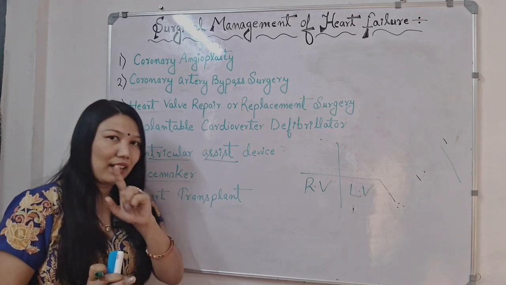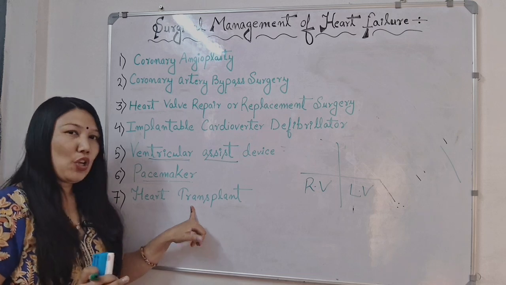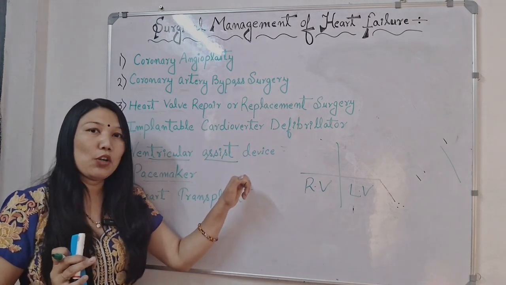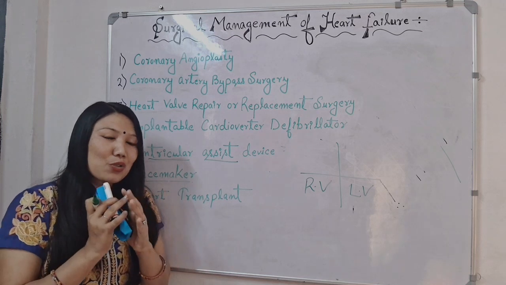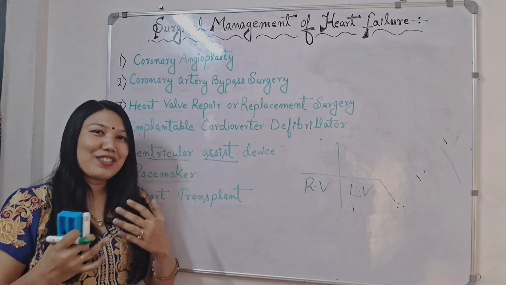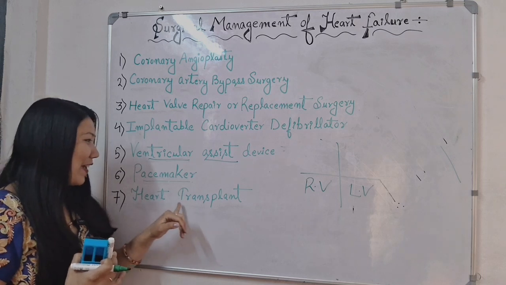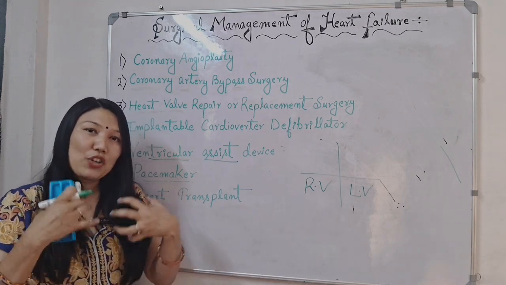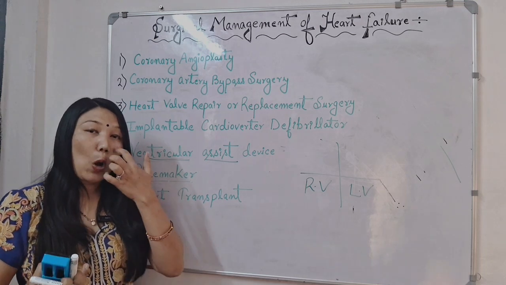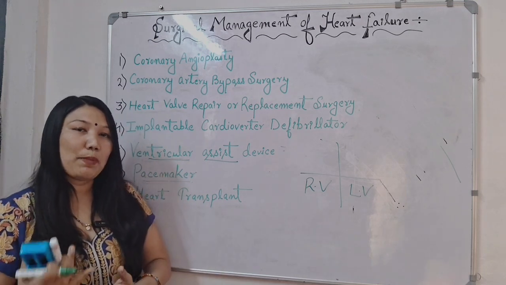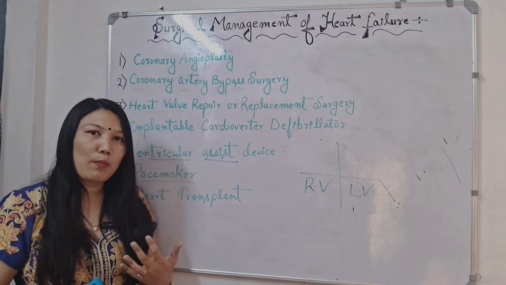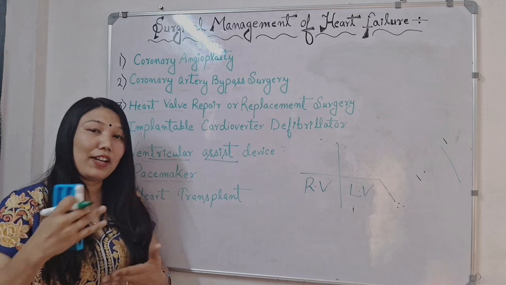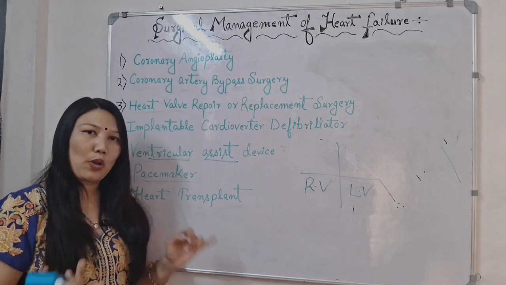Okay, next, at the last, we have heart transplantation. It is the last surgery, when all the medical treatments and these surgeries are not working, then we do heart transplantation. It is not an easy process. It's a very tough process. In this heart transplantation, we need a donor heart. The patient goes through various investigations, all the blood tests, and all the measurements of the body are taken, and there is a long duration before we get a donor heart. So it is a large surgical process.